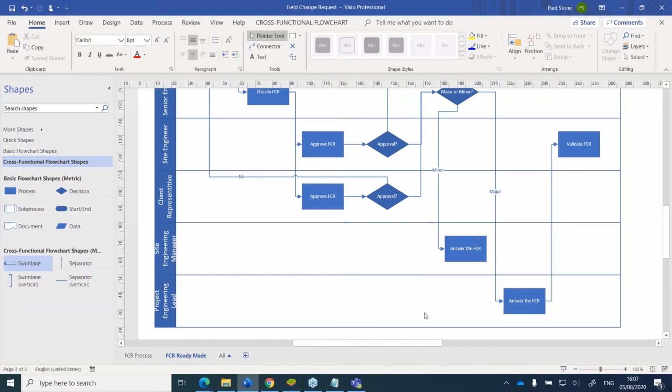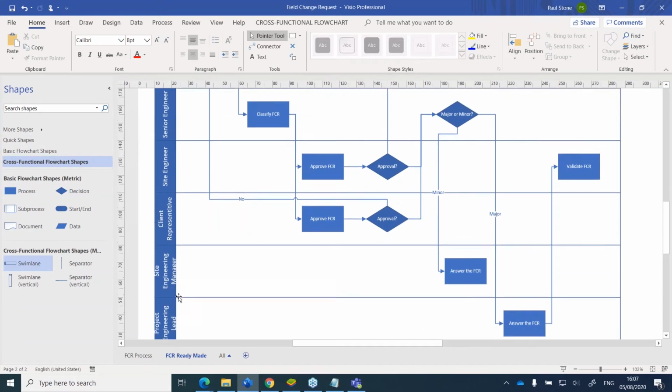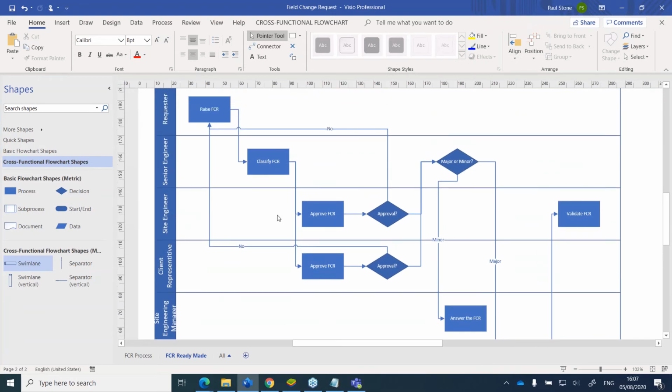But if it's a larger scope, then it will go to maybe the project engineering lead. Now the actual tasks in this will vary from one construction company to the next. So not all FCRs are identical. And this is so important because you need a tool that's flexible enough to handle the